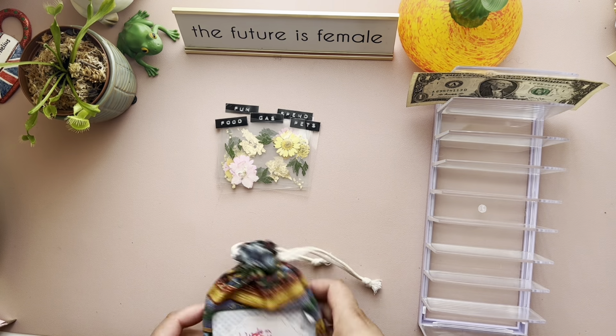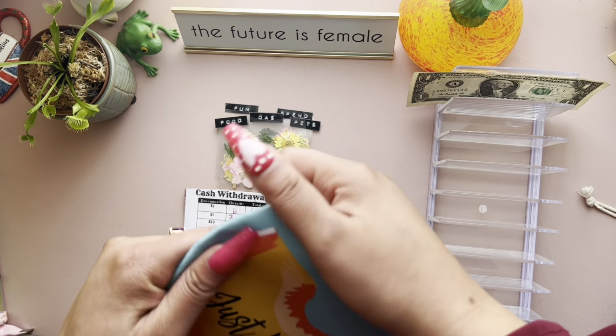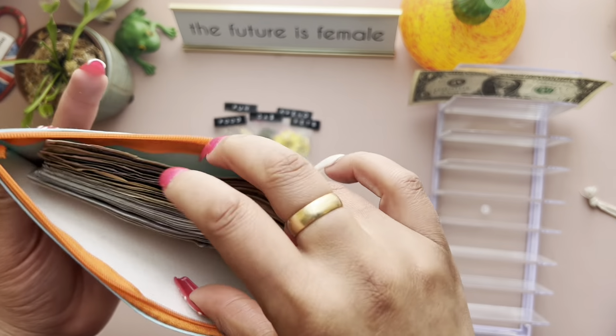All right, so rollover money right there. Let's take out the actual money. My Just Peachy bag from the Dollar Tree, aka the $1.25 tree right now. So we have